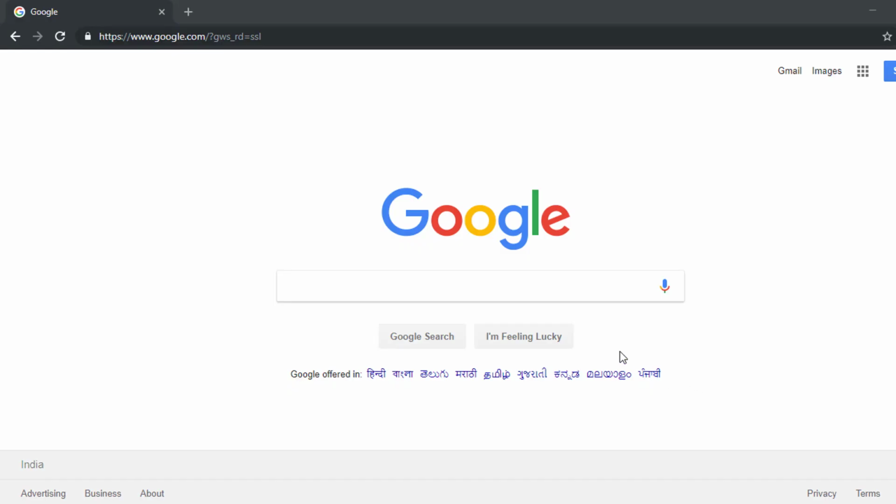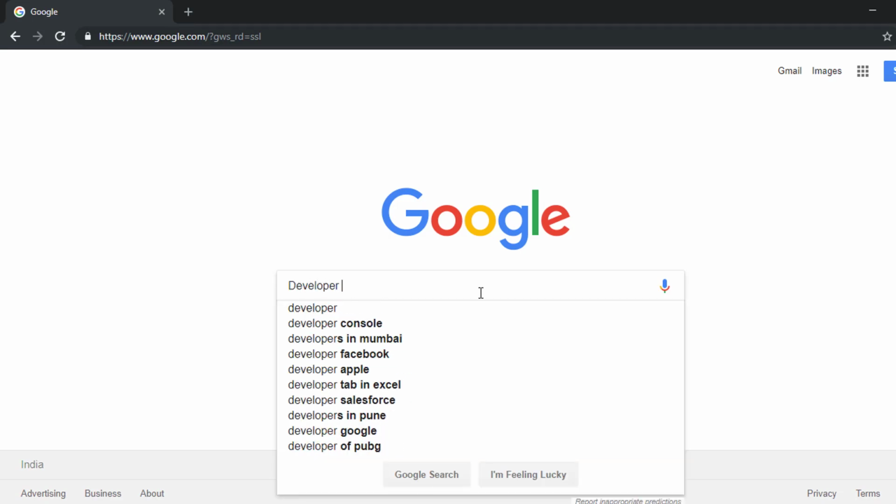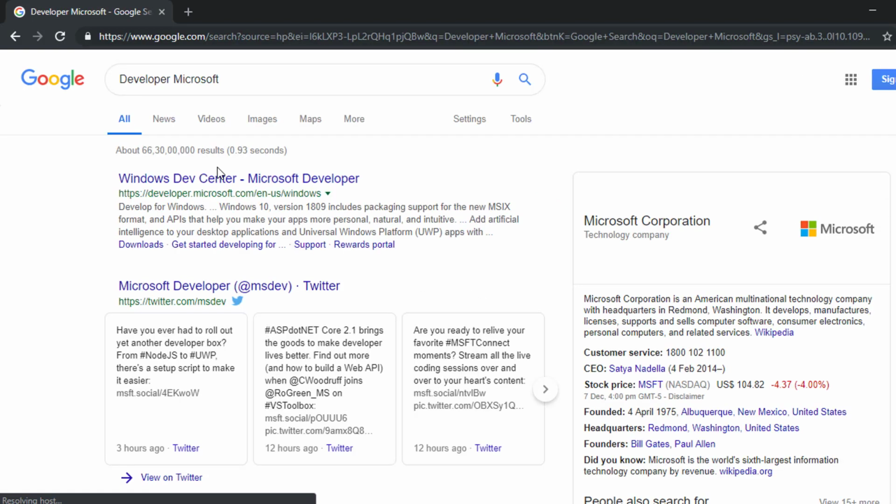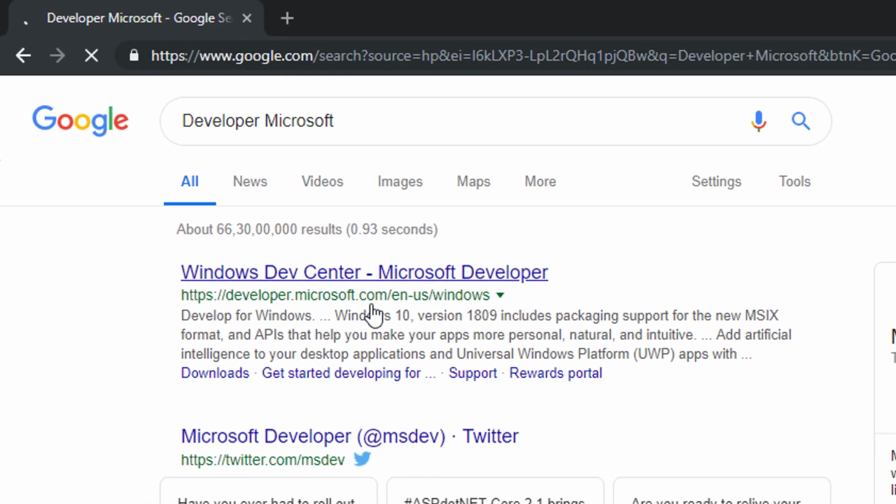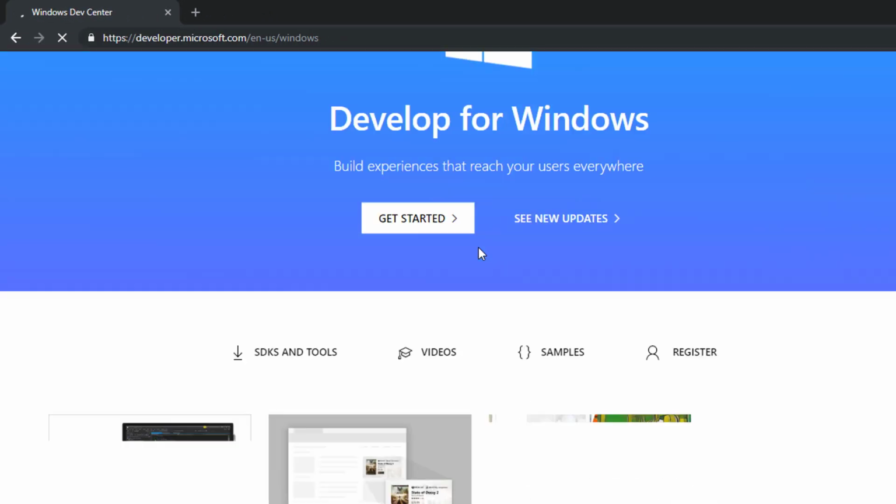So what is Flare? Flare VM is basically a toolkit for malware analysis, and it has all the tools that are required, like all the debuggers and stuff. To install Flare we actually need a copy of Windows, and I won't encourage you to crack Windows or anything, but there is a website called